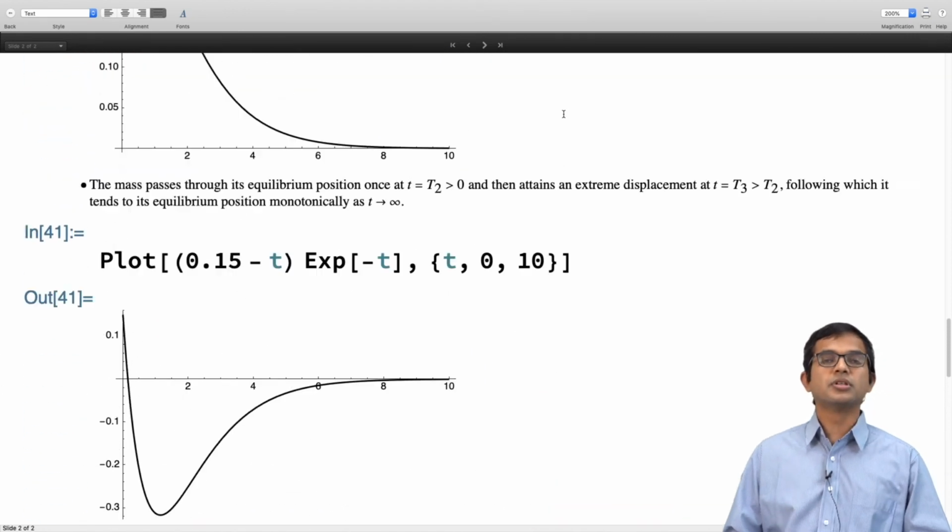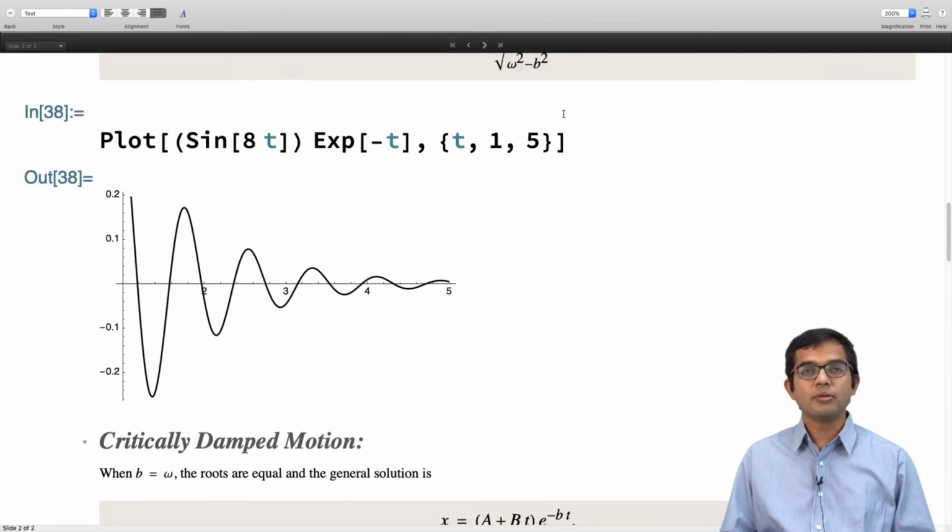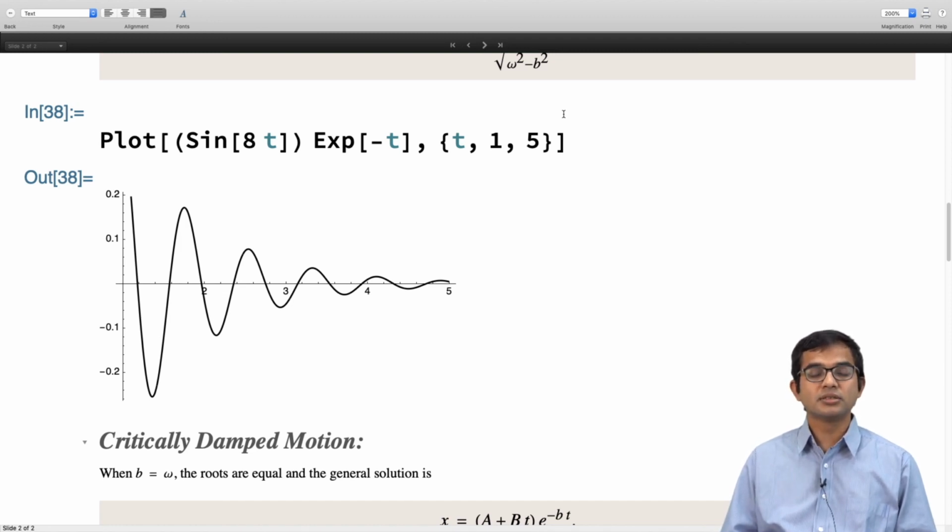Okay, so that's all for this lecture. We discussed what happens to a vibrating mechanical system in the absence of damping, in the presence of damping, and when there is damping, depending upon the value of the damping, you may get three different kinds of possibilities. The critically damped and over damped cases are each of a very similar nature, where all oscillations in the system are completely washed out.